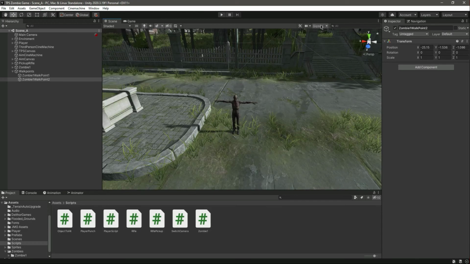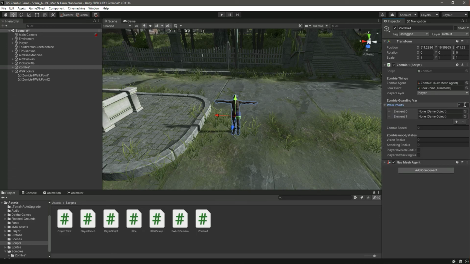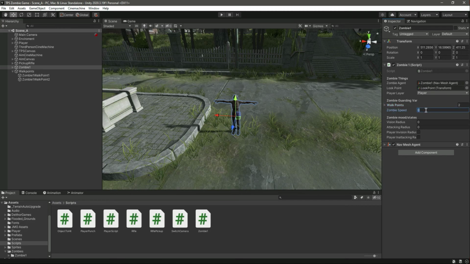Let's turn off the gizmos and let's click on the zombie. As you know, we have created 2 walk points for the zombie, so right here in the array add 2, and let's drag and drop the walk point 1 and walk point 2. Okay, now the zombie will walk between these 2 walk points. Let's set the zombie speed. For now, let's just set this to 3,